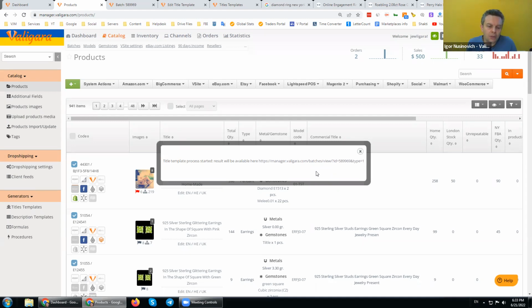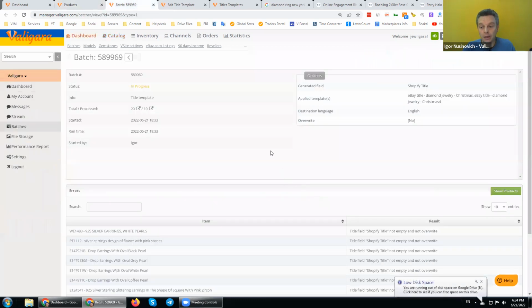I could only take my 500 bestsellers and improve only them. I don't want to look for the items that currently don't have titles, so I run it for all the items and keep the override unchecked, and then it will only complete the titles for me.